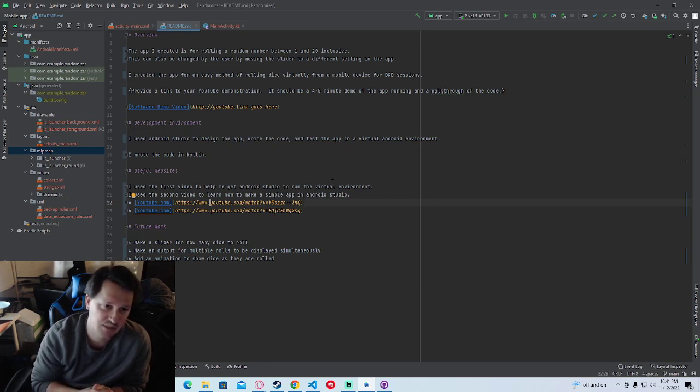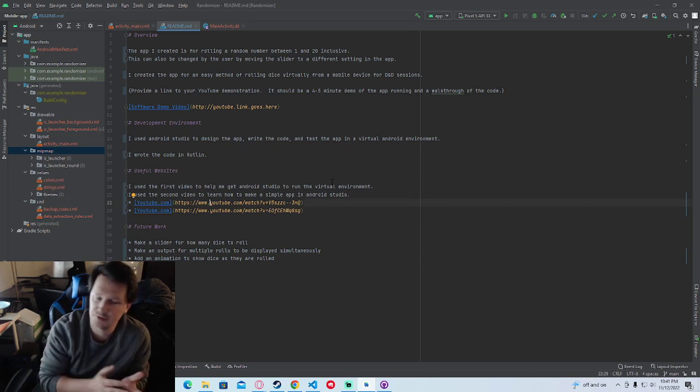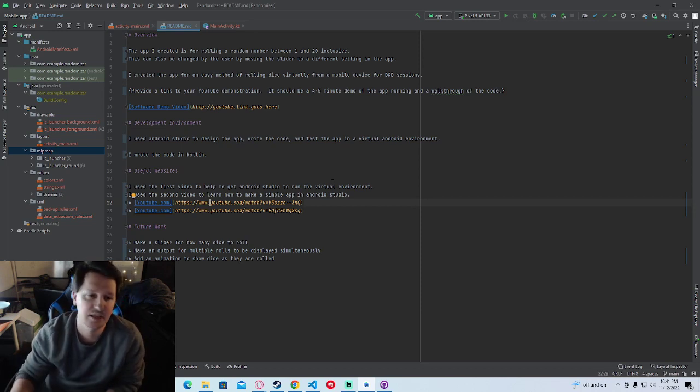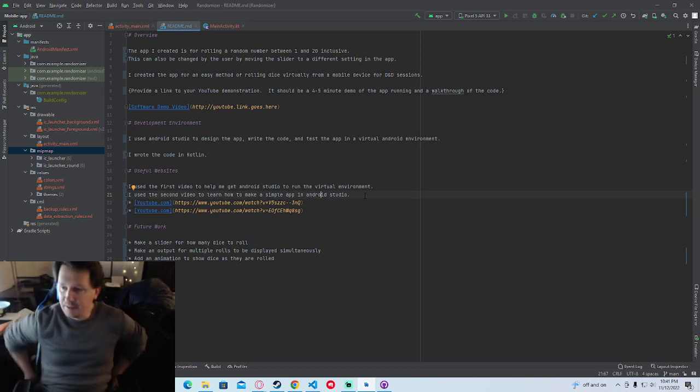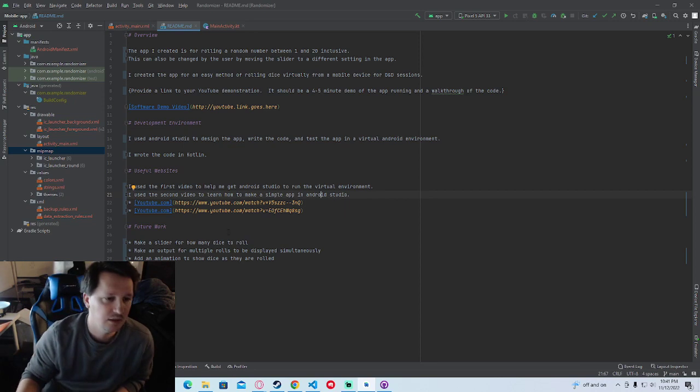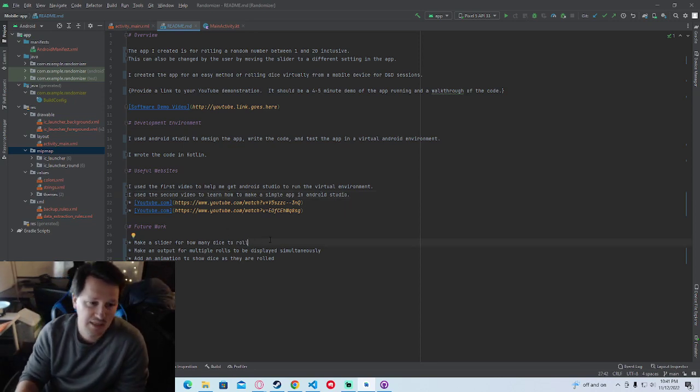I use an AMD processor, and so I had to go through the BIOS to get that activated so that it would run the virtualized engine. And then the second one is just the video I used in order to make this application and make it work. I plan in the future to make additional sliders, so you can do different